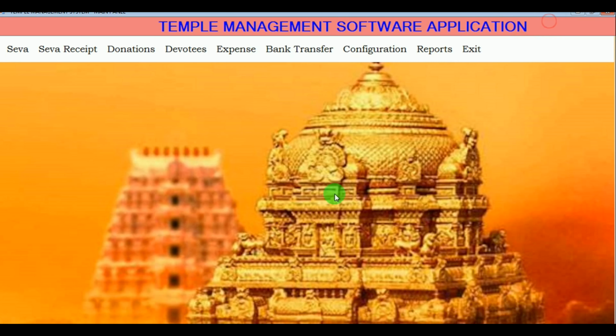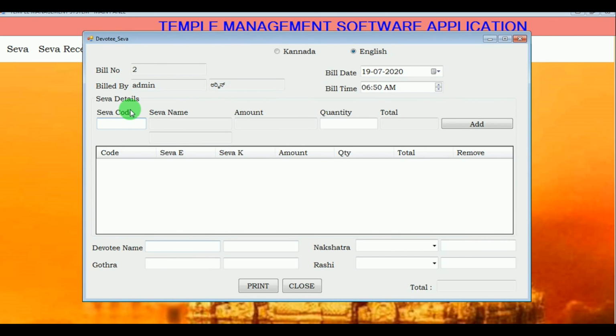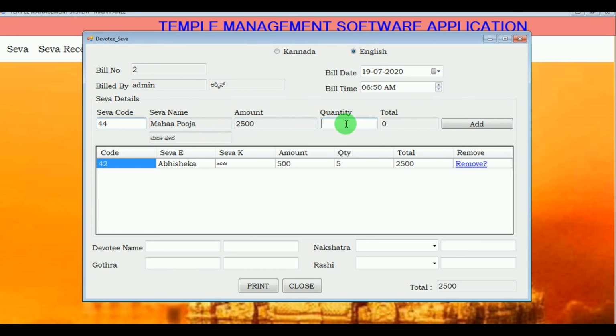We can see the seva codes under seva panel. On entering the seva code, we can view the seva name and the amount. By mentioning the quantity, admin must click on add to add that seva, and admin also has the action to remove. We can also view the total amount.